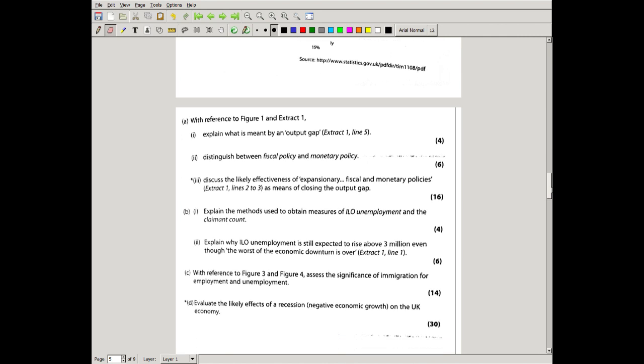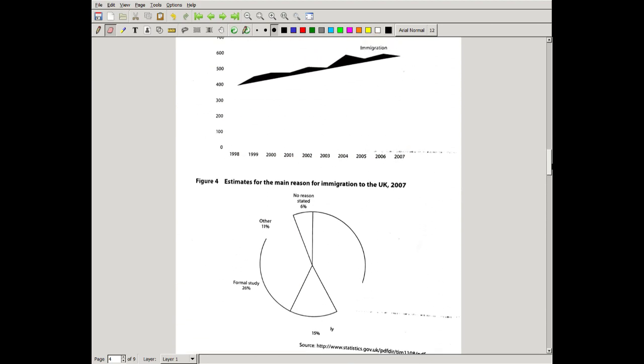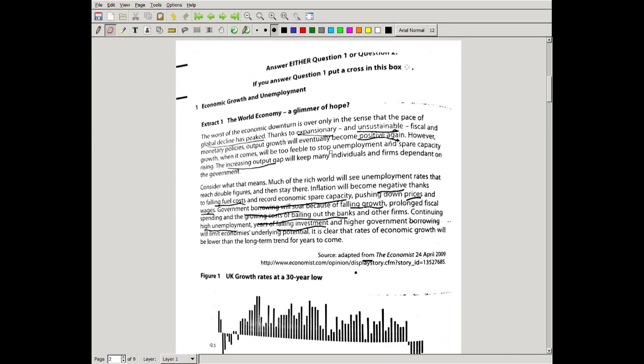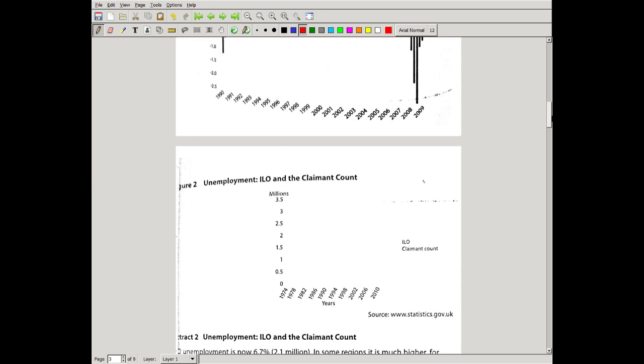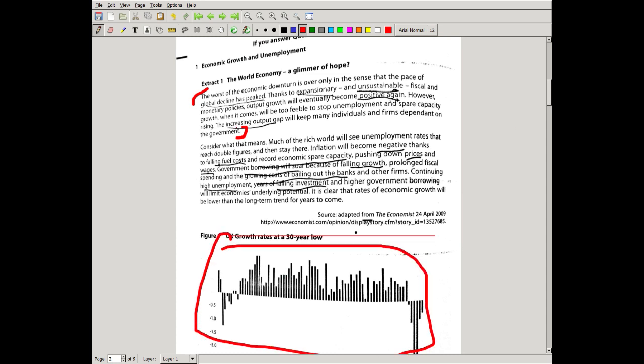So that's the question. Part A is: with reference to figure 1 and extract 1, explain what is meant by an output gap. This is the 4 marker, and let's look at the extract and the figure. Extract 1 is right here. In extract 1, you just gotta read this part from here, and the figure 1 is right down there. You have to refer to both of these, both the figure